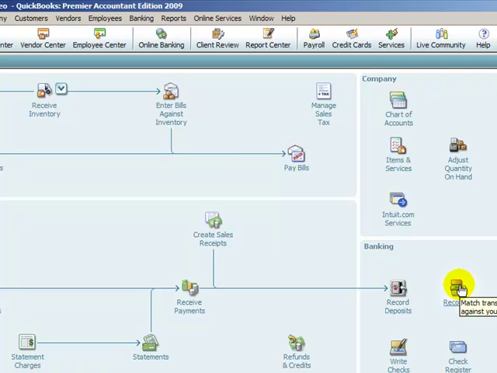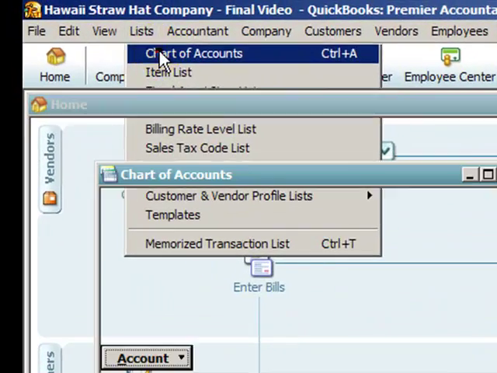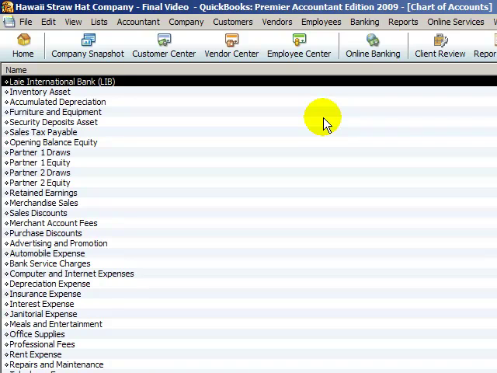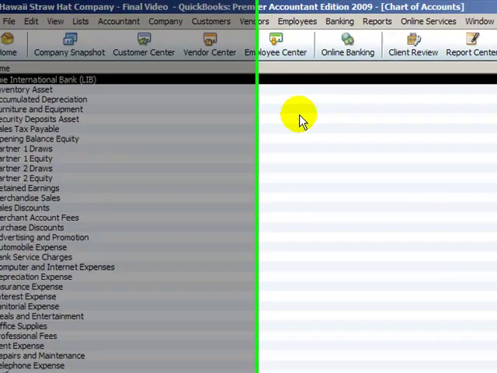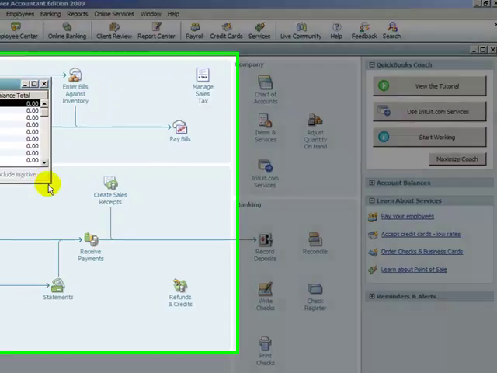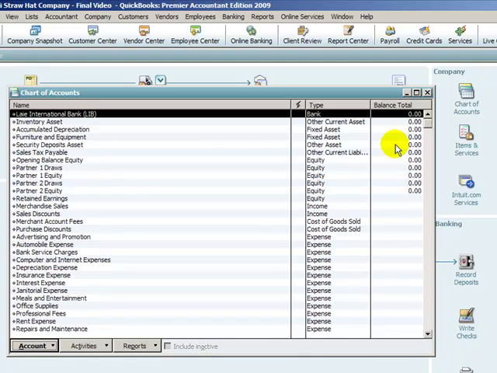So I hope this has been a good setup. Let's just end there as our setup. You should be able to see in your lists, chart of accounts. These are the accounts. If I maximize that window, these are the accounts that are currently in your QuickBooks company account. And you can minimize that a little bit or just grow it slightly to show you the different accounts